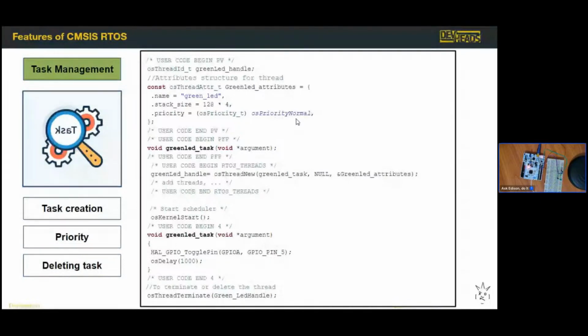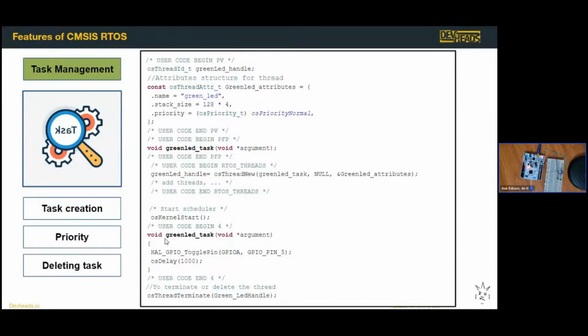So for the priorities, we have different levels of priority. We shall see these when we are setting up the STM32Cube. And for this case, you can see that the priority is set to normal and the stack size is set to 128 by 4. And we have the name of the attribute as green LED. So this is just the attribute structure for the thread. So you need to create a prototype function that will hold the task definition. So we have this void green LED task and it takes no argument. And